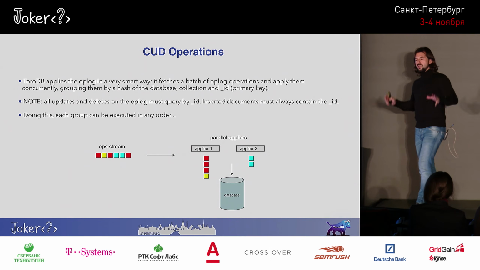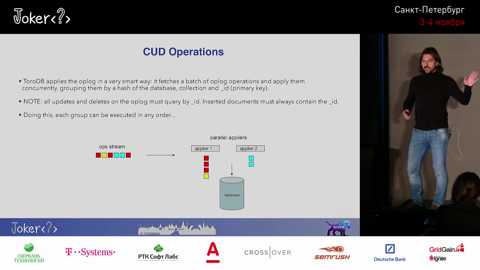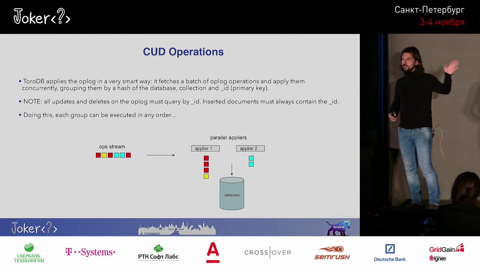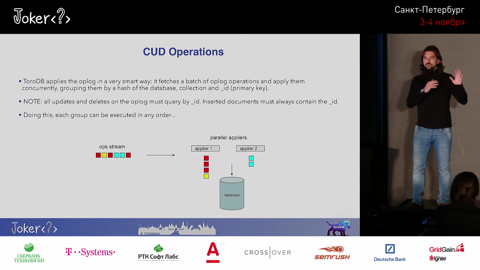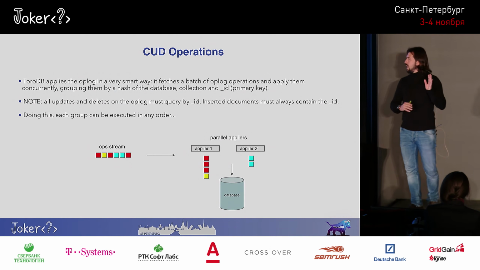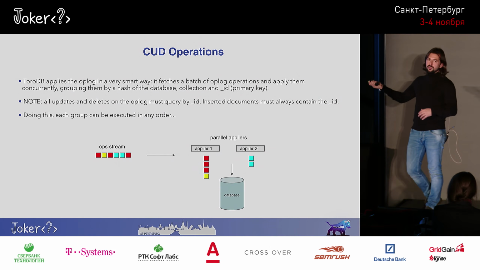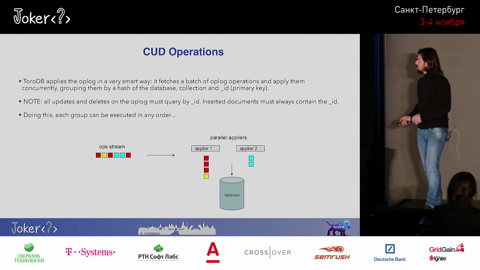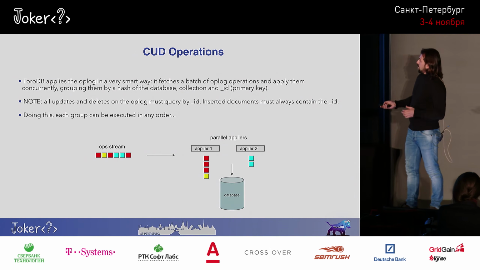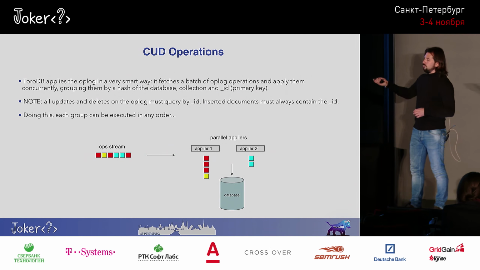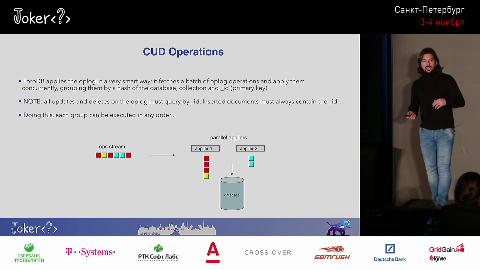As I was saying, there's some grouping of operations. So again, we're replicating CUD, create, update, delete, and this is what we have in our stream. And what we want to do is to use parallel appliers. If we use a single thread, performance is not going to be really good. So what we do is to try to separate things into several appliers. How do we do that? Actually,